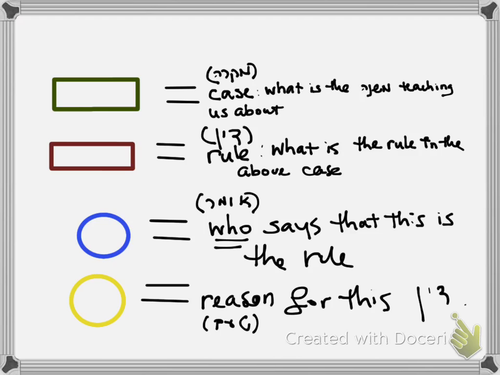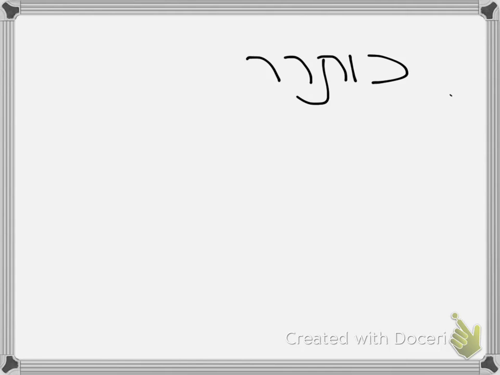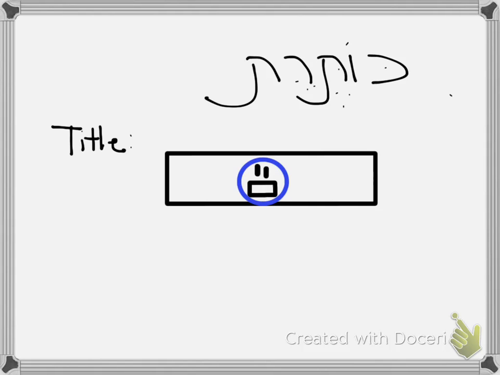The last part of a Mishnah is sometimes a ta'am, a reason for the specific din. That we will highlight in yellow. Actually, for this video, we will show a fifth type of statement that can be found in the Mishnah. It's not as common, but it's called a koteret. It's called a title. We're going to indicate that with a black box.